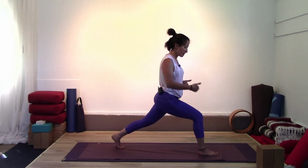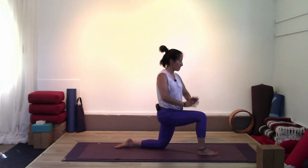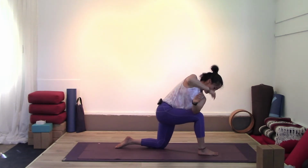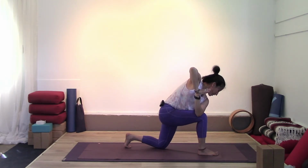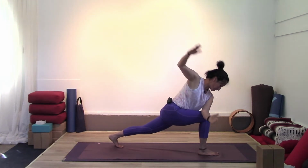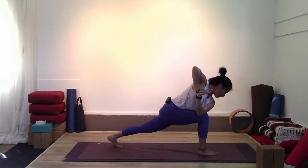So now let's go into that twist by lowering gently onto the right knee and then hooking the right elbow up and around the left thigh. If the knee scooches back, which mine often does, bring it back over the ankle, push down, retuck right toes, and extend right leg. You can open the arms and fly, but be somewhere where you can be